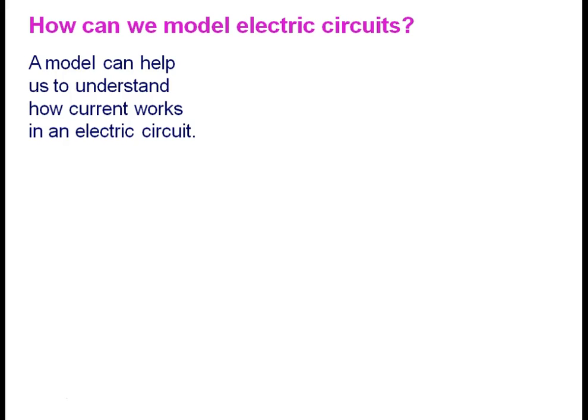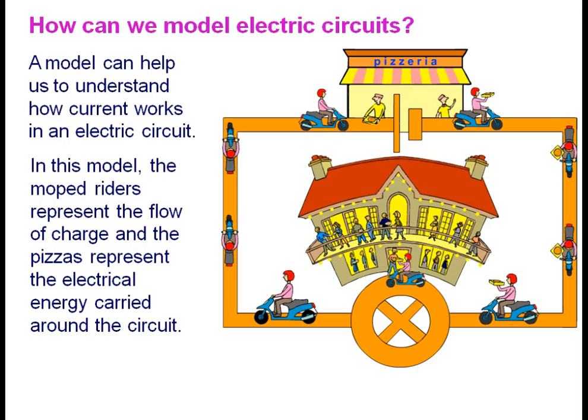How can we model an electric circuit? I think I told you in the beginning of this electric current chapter. You can make the analogy with the pizza and the moped driver. What is happening? That person is collecting the pizza from the pizza shop, and then he is distributing it according to the requirement. Same way, charge is getting the energy. When charge particles move, they give energy to the electric bulb, they give energy to the fan, they give energy to the computer, and finally the charge comes to the low potential, again gains the energy and goes to the high potential zone.